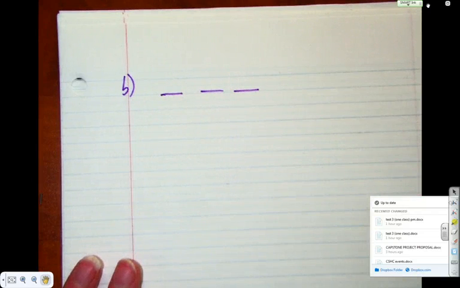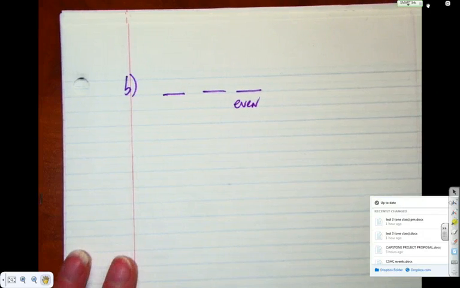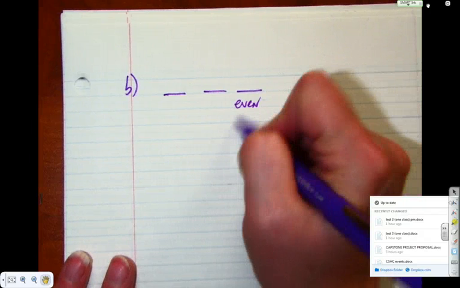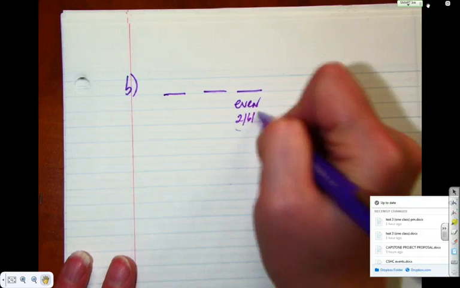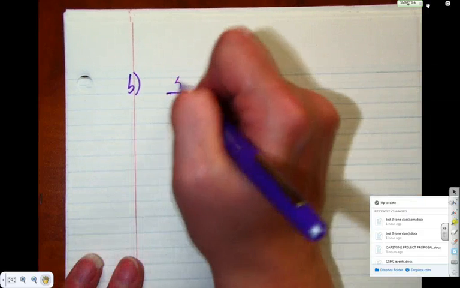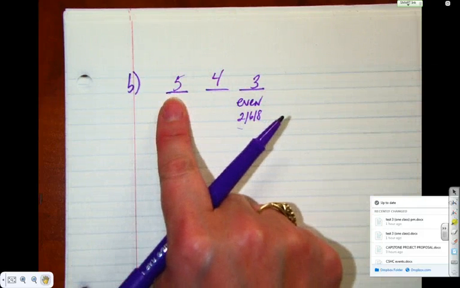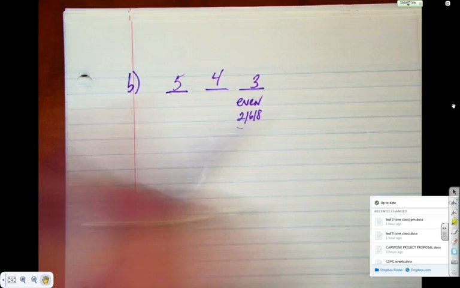Dead silence. I heard 3 spaces. Correct. The last one has to be 3 choices. 2, 6, and 8. And somebody said 3. Yes. And then 5 and 4. Which is 6. Why? Because there's 5 numbers left out of the 6.